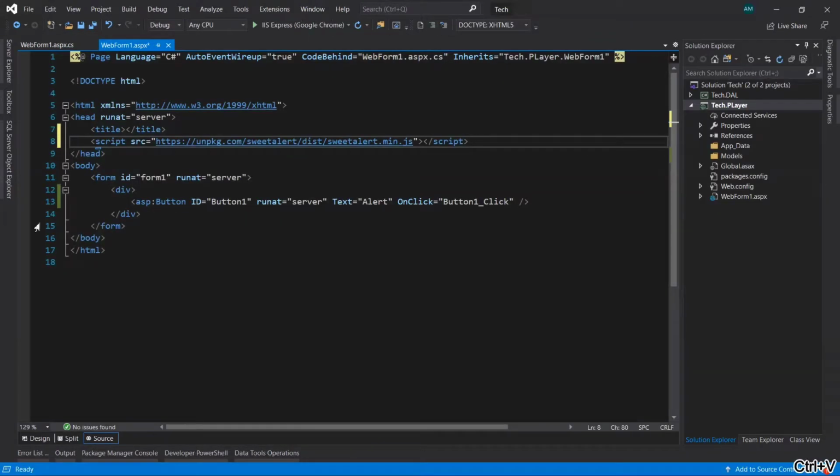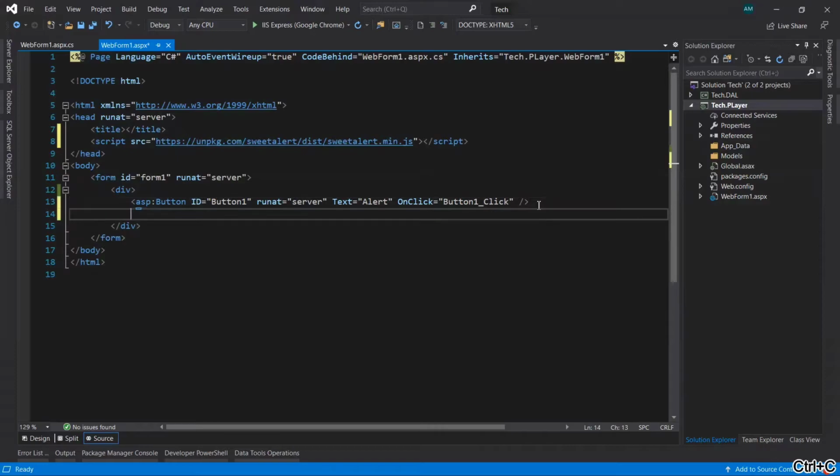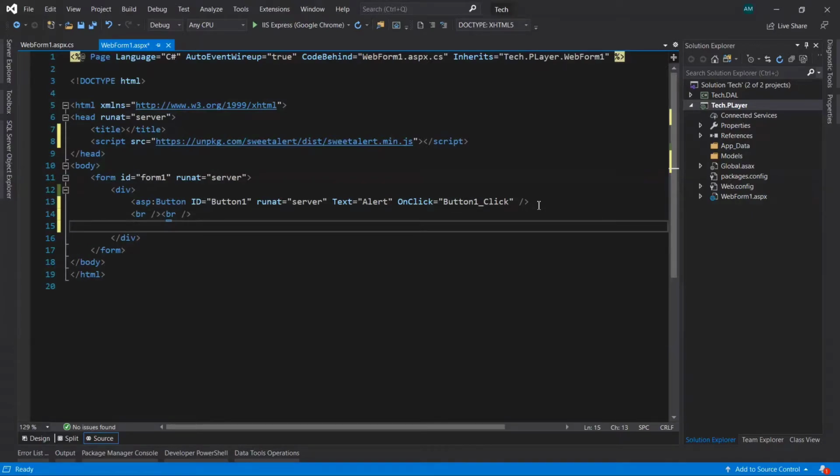We need to stop it. Let's copy this, paste it here. Let's create an event for this second button click event, save it.